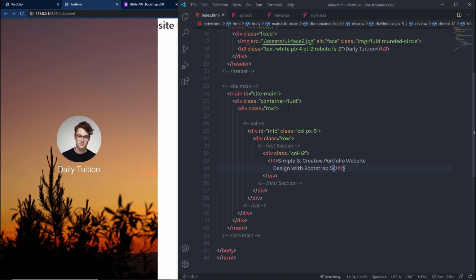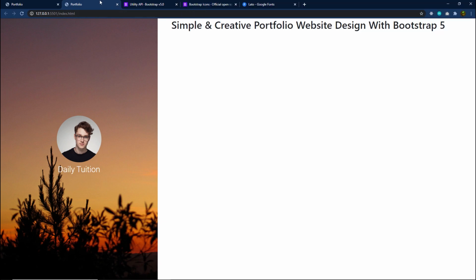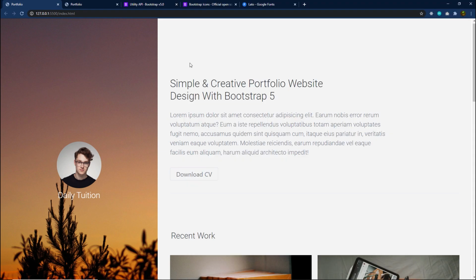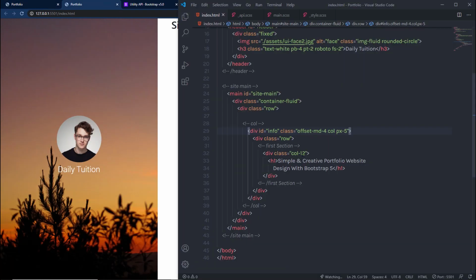So to this column, I'm going to just add some space on the left side. So here I'm going to say offset-md-4. When I save the changes, you can notice I have some space here. And just add that. Here I'm going to add some space to the top section. So I'm going to add here to this h1 heading tag